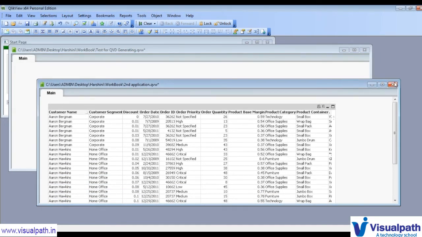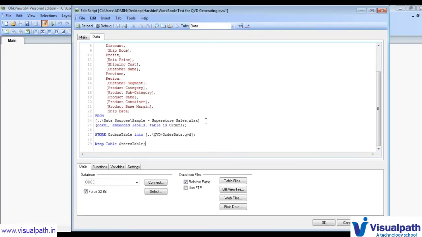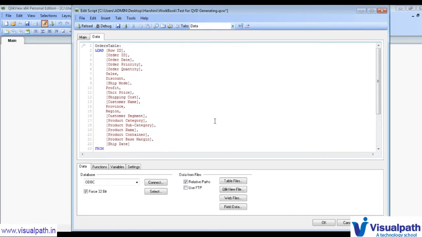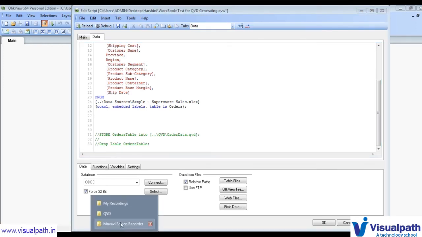Okay, this is my first application. So I will go to the first application and go to edit script. So here, instead of doing this, let me comment this. Before doing this, let me take another table here. Okay, so this is the orders table. In the same Excel file, I have a returns table. So in the returns table, we can see, if we go to the Excel file,